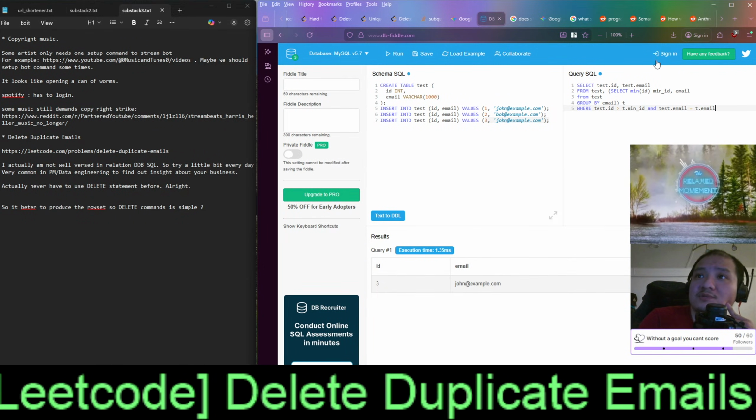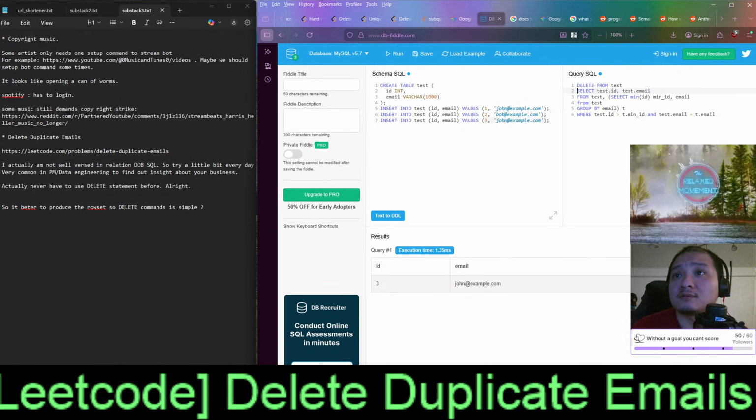If I do delete from test where ID in this, does it error out?